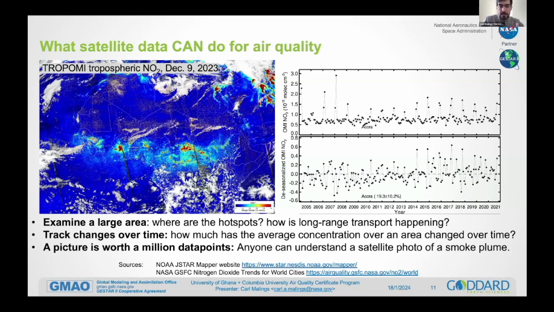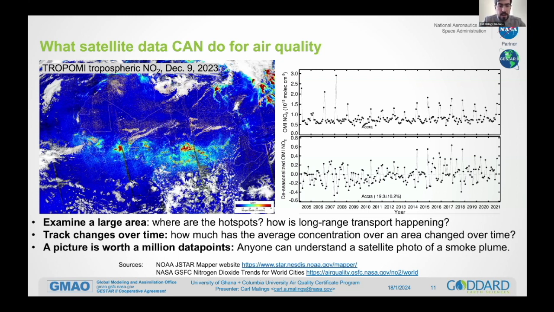for the atmospheric column density of NO2 over Accra in Ghana from the OMI instrument, which is another instrument, which was operating since the early 2000s. So you can see this is now getting close to a 20-year data record. And with that data record, you can really look at the trends and how these properties have been changing over